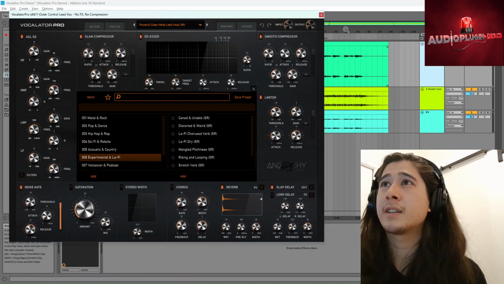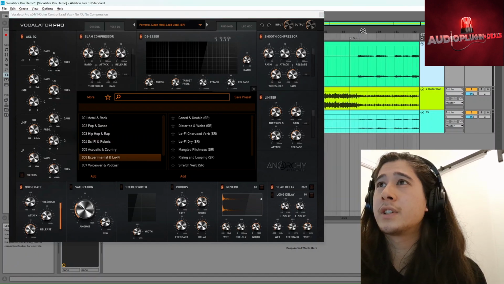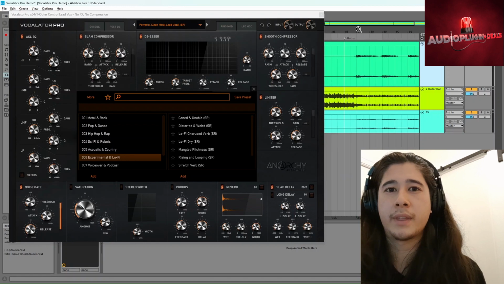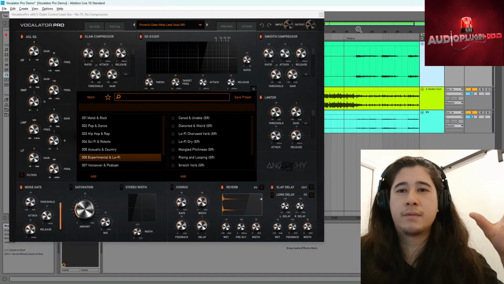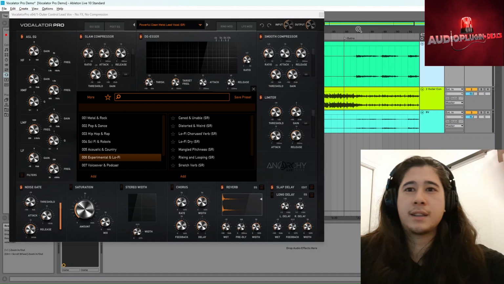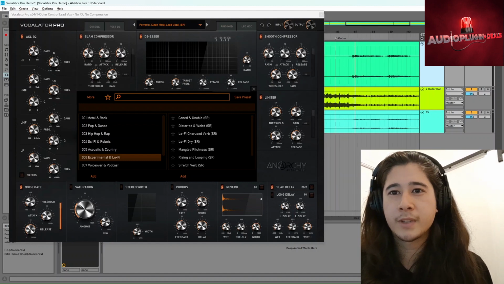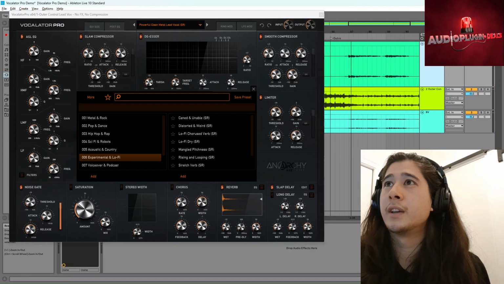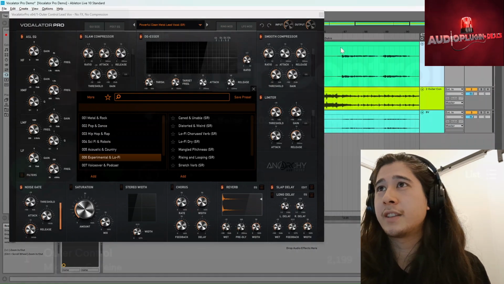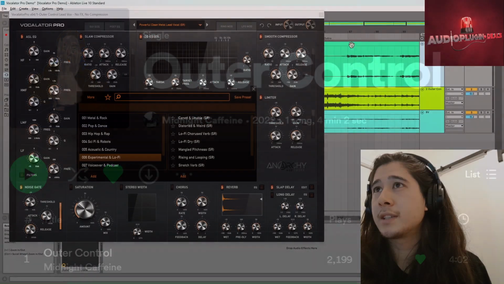Maybe we can try that out because the ending of the song has this weird outro that when we first did it, I was putting lots of reverb and delay and panning. It was meant to sound like echoes all over the place. You can listen to that on the original track, what I did. If you want to look us up on Spotify, the song is Out of Control. If we just listen to it before we have any Vocalators on.